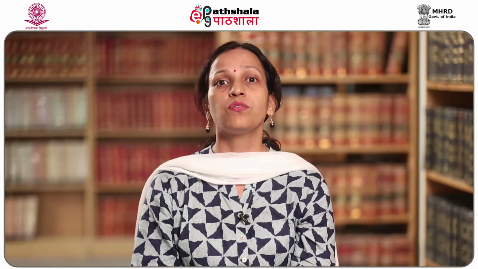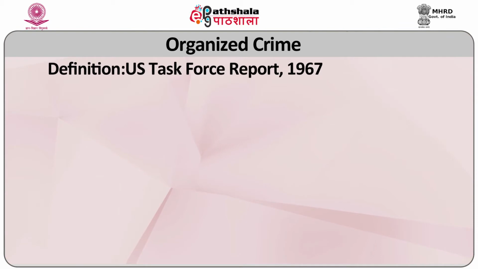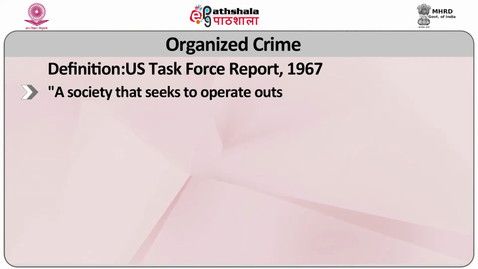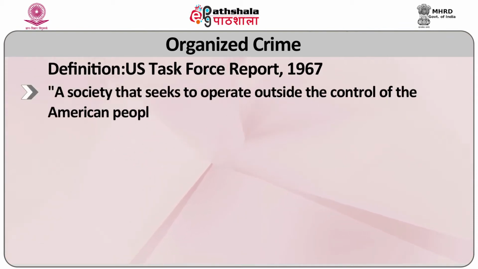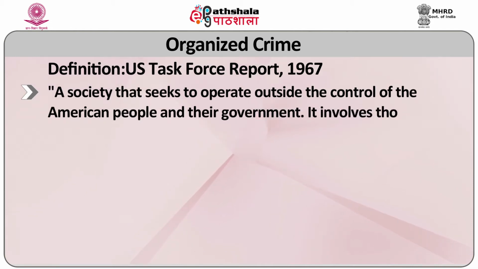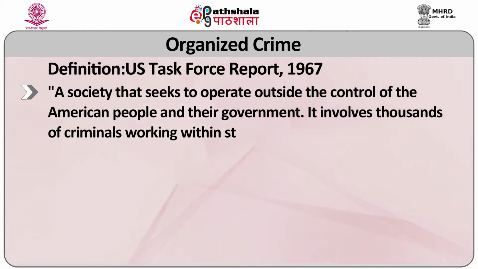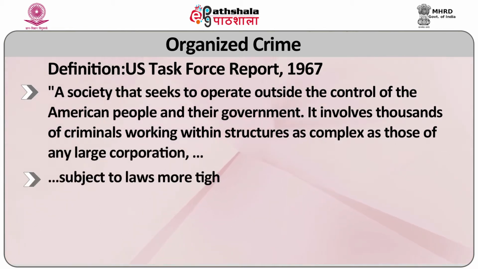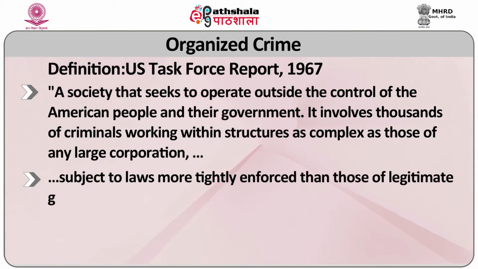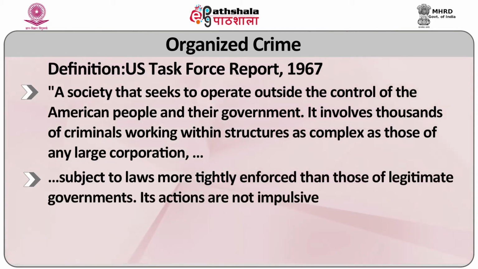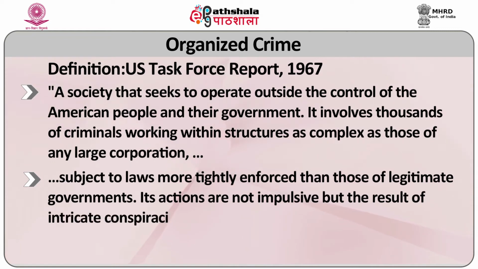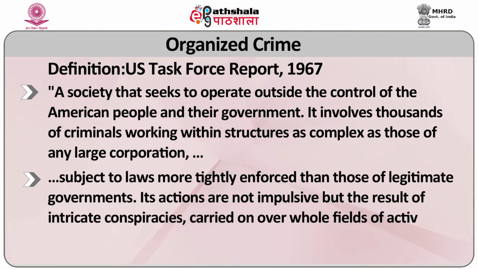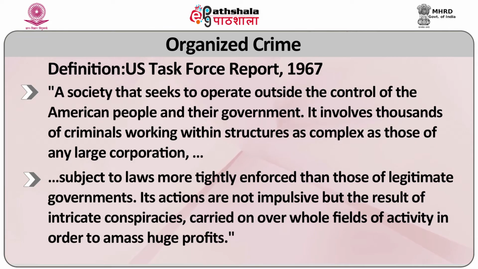The US Task Force report of 1967 describes organized crime as a society that seeks to operate outside the control of the American people and their government. It involves thousands of criminals working within structures as complex as those of a large corporation, subject to laws more tightly enforced than those of legitimate governments. Its actions are not impulsive, but the result of intricate conspiracy carried on over whole fields of activity